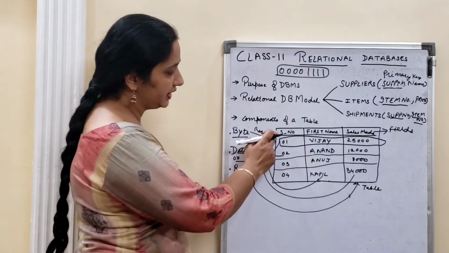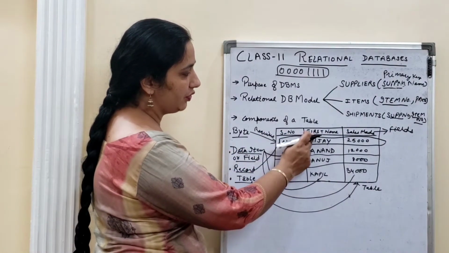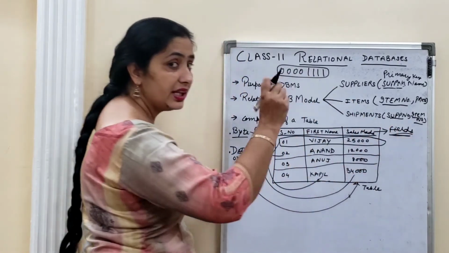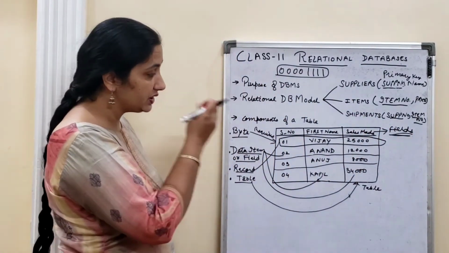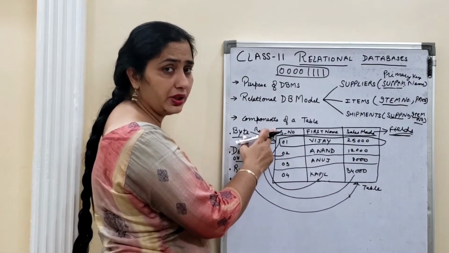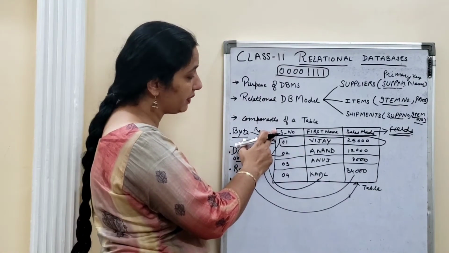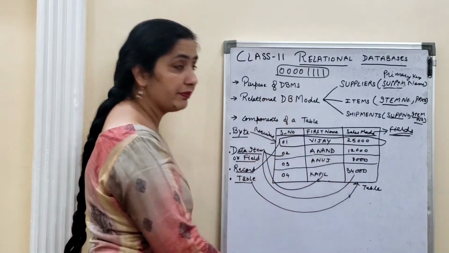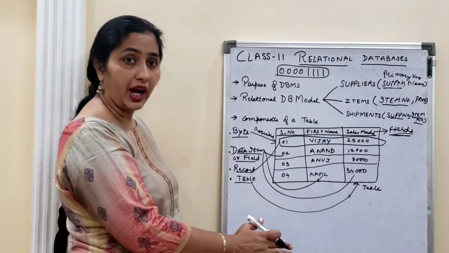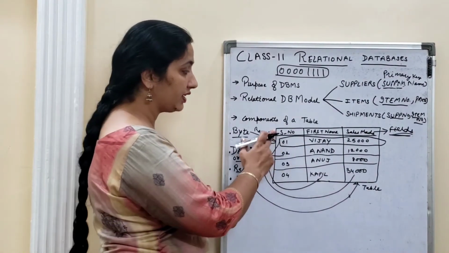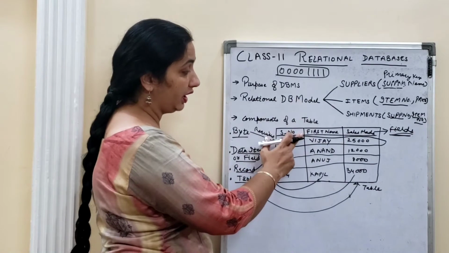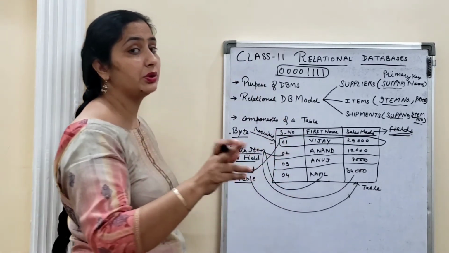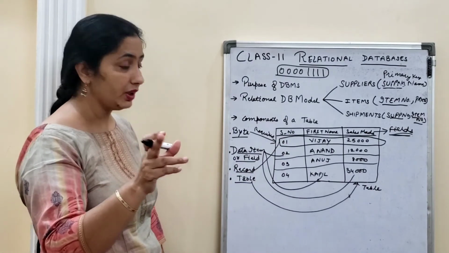Then field, these are the fields. Serial number, first name, sales made, these all are fields, the headings which you are giving. Because if you see, these headings are not going to change. These headings will remain the same, while data items will change. You can have n number of records in this, right? But these fields will remain the same. In first name, all the data items will be names, but these names could not be the same, right?